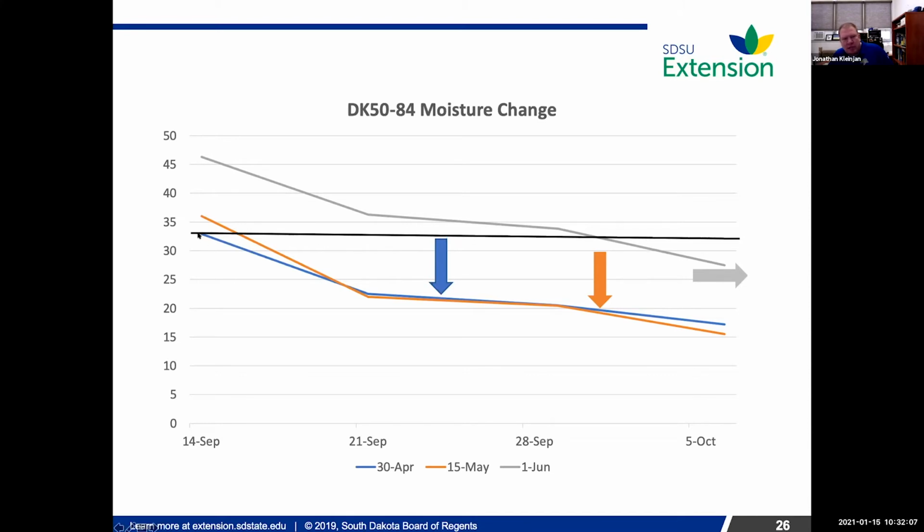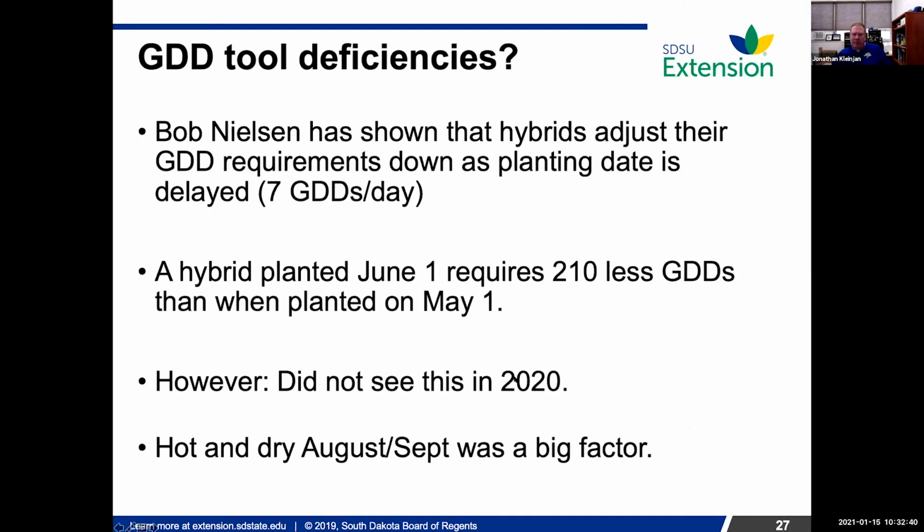Well, black layer occurred on these first two planting dates, April 30th and June 15th, for this hybrid, way back here on September 15th and maybe 16th. And really the model said it wasn't going to happen until September 25th and October 1st. And then it didn't say it was going to happen for this June 1st planting date until November 6th, and it actually happened here around October 1st. So there's a little bit of fuzziness on how it figures out black layer. And I don't know what it is.